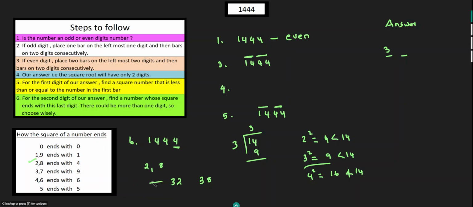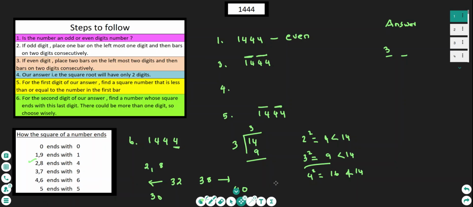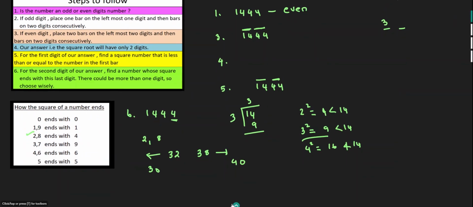For that, we take the closest ten digit, which is 30, and then the next one, which is 40 here. Then we have to square these numbers. The square of 30 will be 900, and the square of 40 is going to be 1600, because the square of 4 is 16, and then we put two zeros. Now we take our actual number and find which is closer. So our actual number is